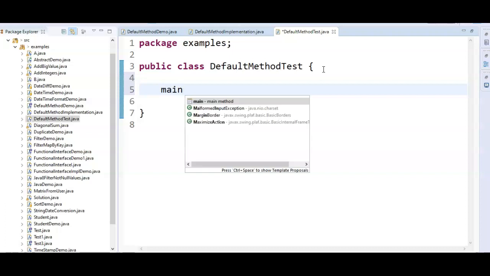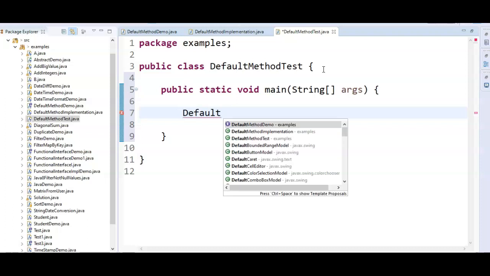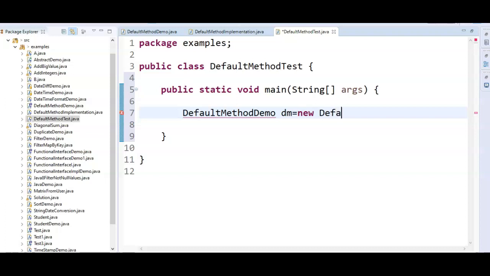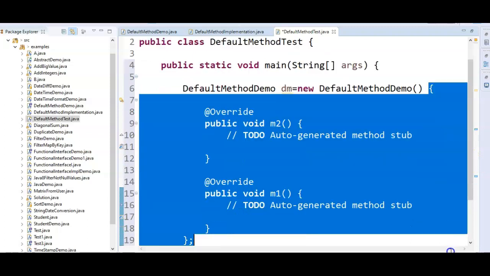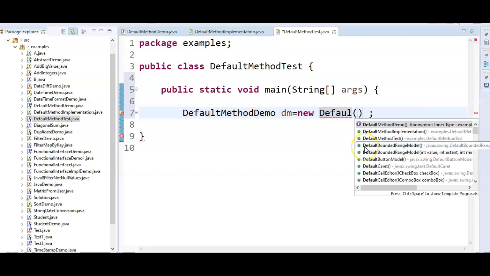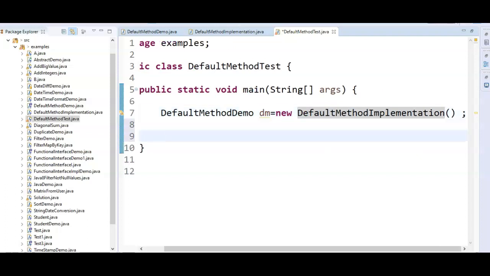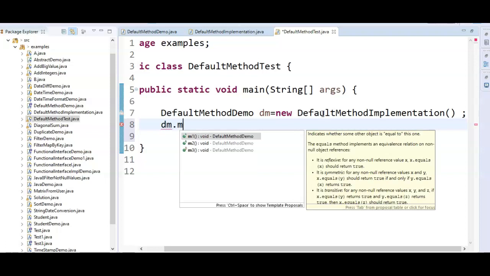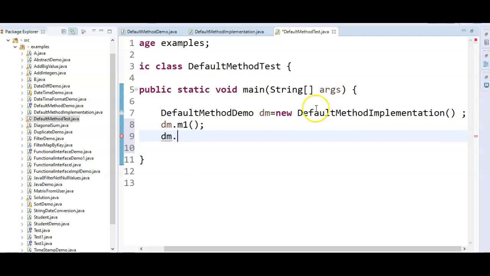Now let's write the main method and create DefaultMethodDemo dm equal to new DefaultMethodImplementation. Now we say dm.m1 and dm.m3, the default method we have added.